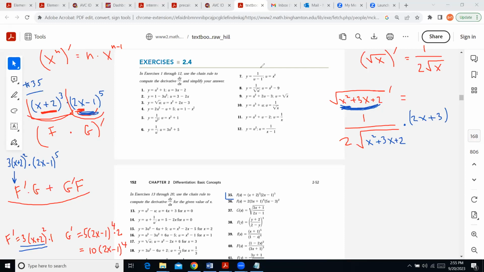Then we need a plus, right? Because then it's a plus sign here. And then I go with g prime, the one that I just found here. This is 10 multiplied by parentheses, and the parentheses has 2x minus 1 to the power of 4. And then finally, we get this function f, the first parentheses being the square of x plus, actually the cube of x